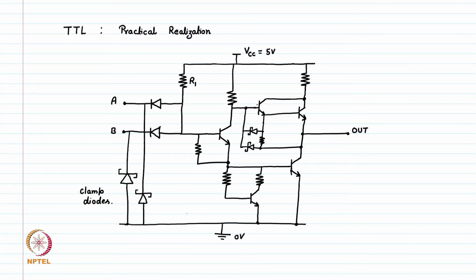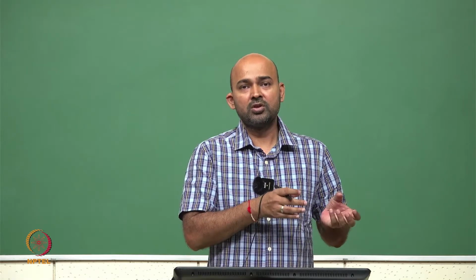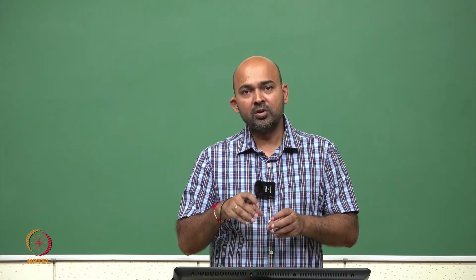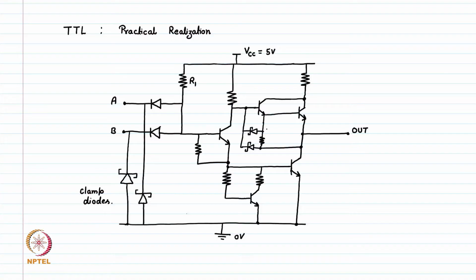So this is the typical implementation of a NAND gate using transistor logic. We can see there are so many resistances and so many BJTs used in the circuit to make it more reliable compared to the previous stage. Here we have used many clamp diodes. These are to protect the inner devices from the high voltage or high current surges which can come from the environment or which can be present locally within the circuit itself. For example, at the midpoint also we are using certain clamp diodes, because